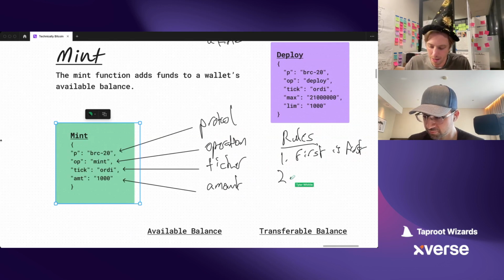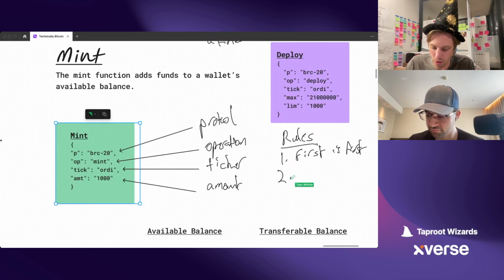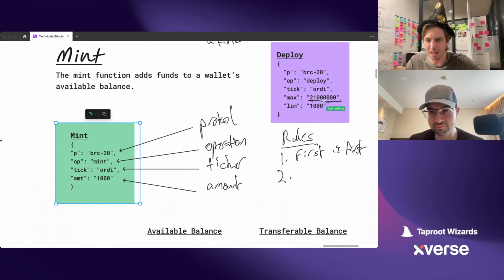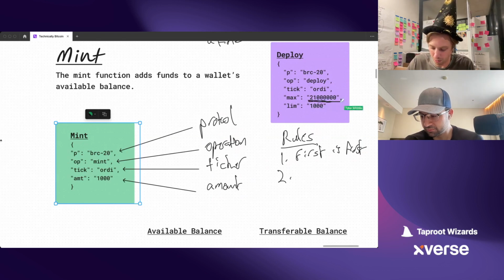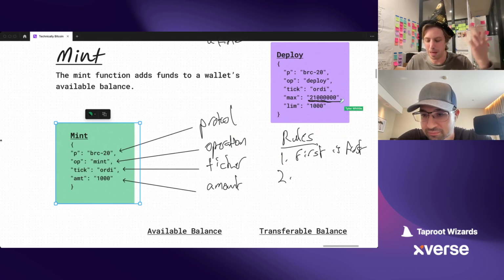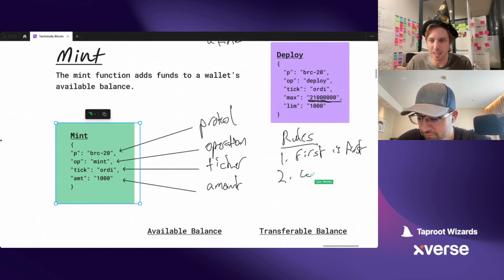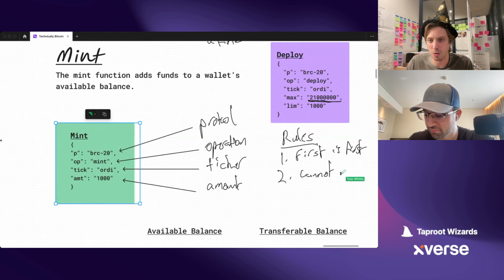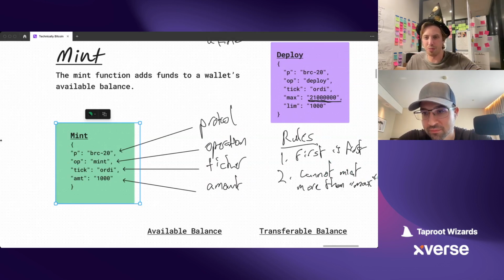And then the second rule is that you cannot mint more than the limit defined by the max total supply. So remember last time we said ordi says there's a max total supply of 21 million. A mint is not valid if it exceeds that max total supply. That's it. It's pretty simple.